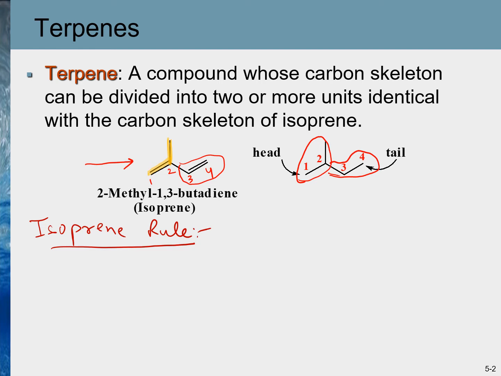For example, a naturally occurring molecule called myrcene, and the structure of this compound is this compound is found in bay and myricea plants, and